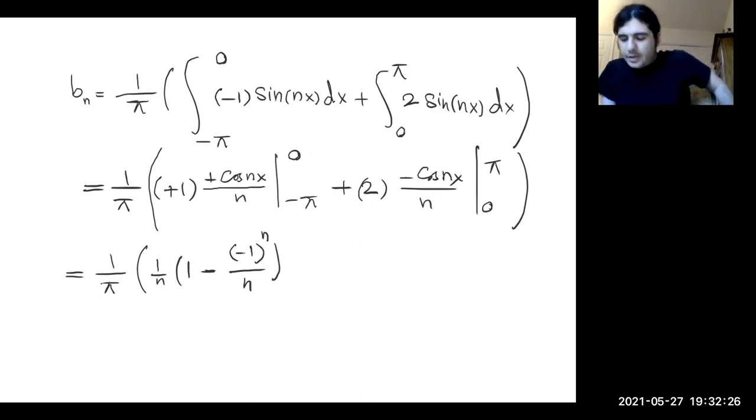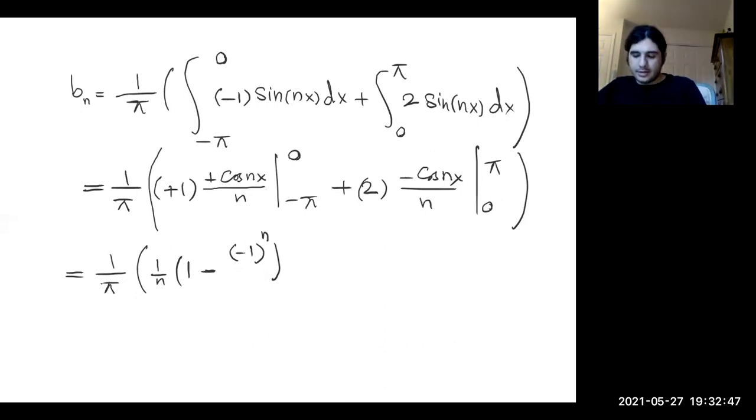So that would be the result for the first part. Yeah, I think we don't have over n here. I brought that out of the parentheses. So we do 1 minus minus 1 to the n, plus 2 over n